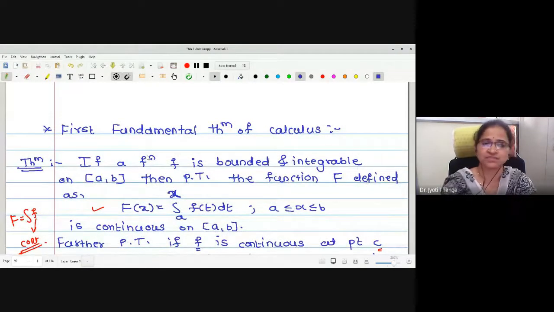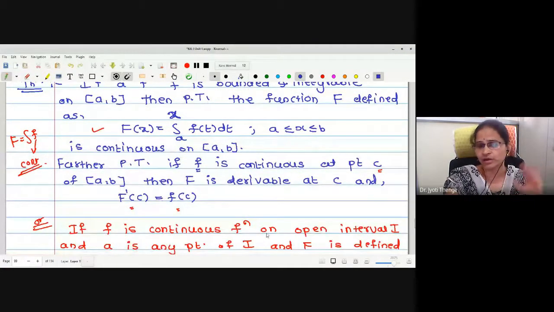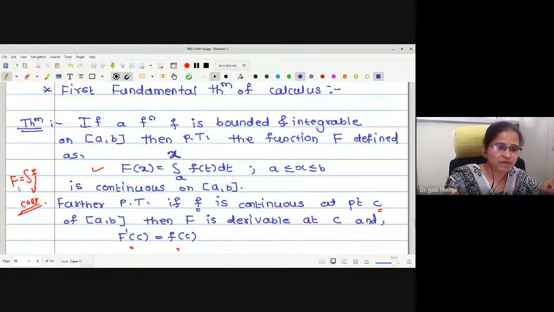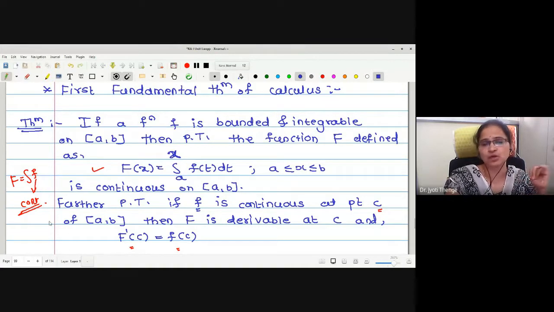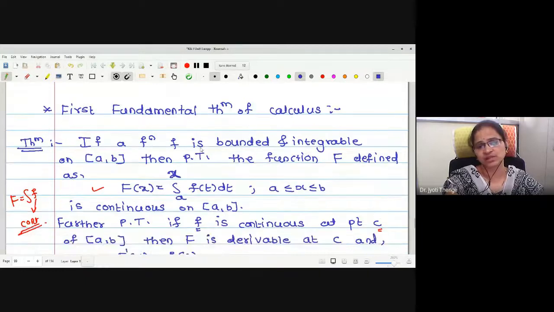Then later we came to the discussion of the first fundamental theorem of calculus. Why have I called this a fundamental theorem? Because this theorem gives us the relation between derivative and continuity. Whenever capital F is the integration of small f, we were writing capital F dash is equal to small f. But how is this operation going to be performed? What is the reason that these steps are true? These are a few questions which we have not studied till now. And this is the theorem which gives us the answer to all these questions, and tells us the relation between integration and derivative, and that's why this is called the first fundamental theorem of calculus.